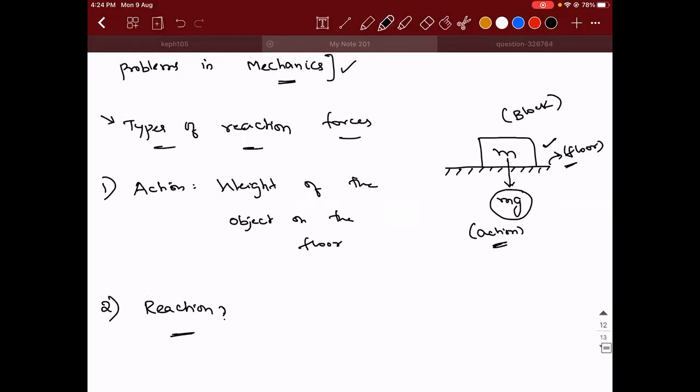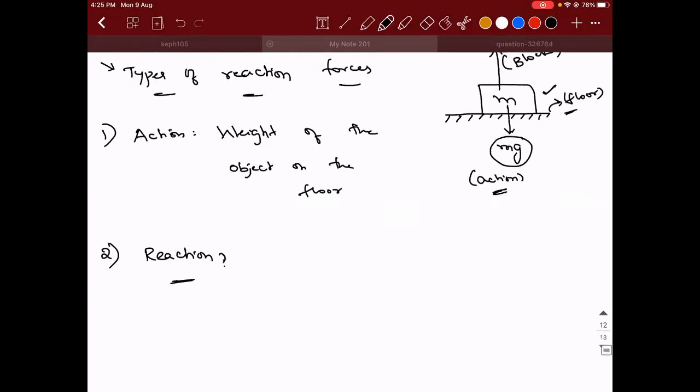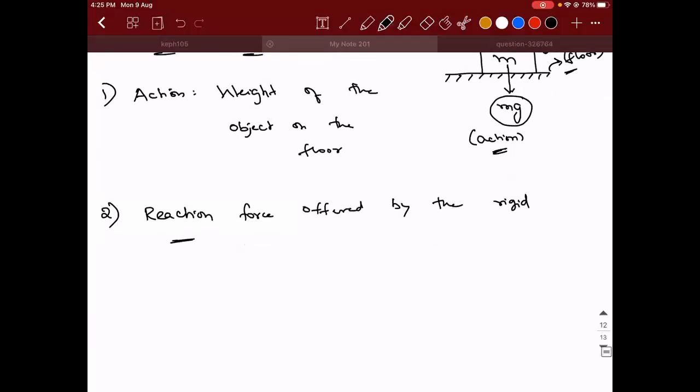So the reaction force that is acting, reaction force offered by whom? Reaction force offered by the rigid surface. Here I'm using the word rigid surface because it need not be the floor always. It can be a table or whatever it is. By a rigid surface